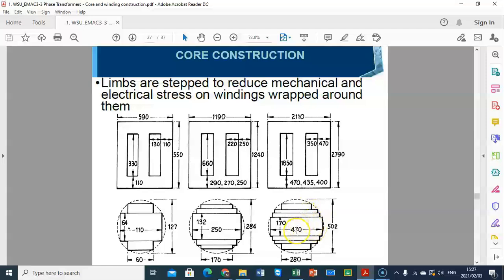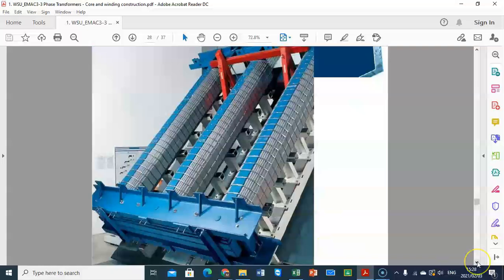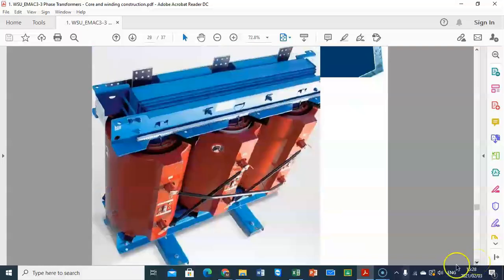That's why we don't make the lamination exactly the same size, and it decreases as we come into the outer part, to make it more like a circle shape. Again, we can see the construction of the three-phase transformer, and at the end of the day, it's going to be more like a